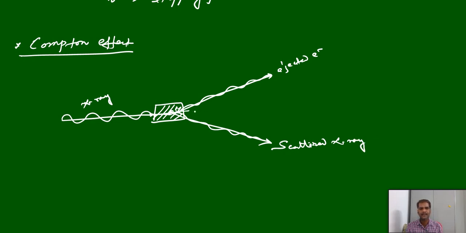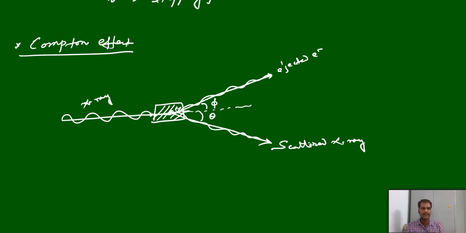With an angle, let us assume the ejected electron angle is phi, and the scattered X-ray angle is theta. And according to the Compton effect, the wavelength of the scattered X-ray